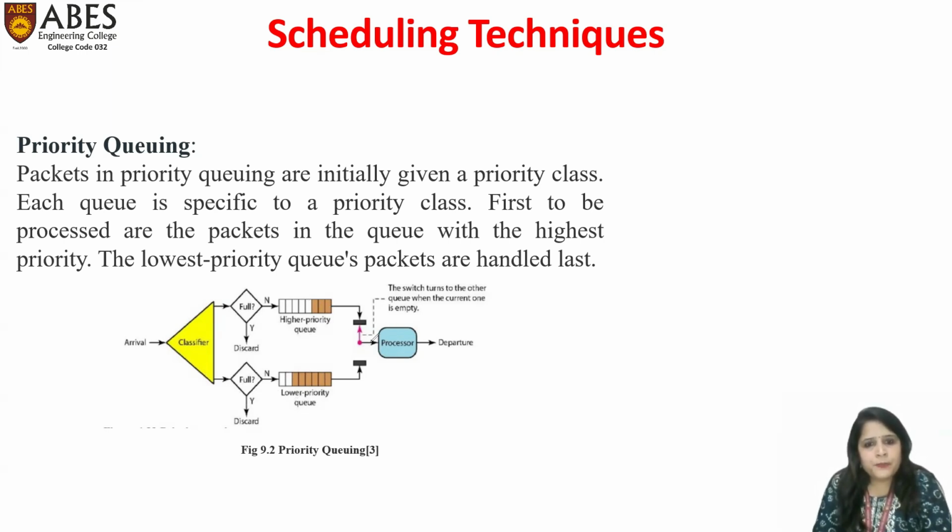After that, the processor first picks the higher priority queue segments. The switch turns to the other queue only when the current one is empty. So until the higher priority queue is empty, the processor picks processes one by one from this queue and then they depart. When the higher priority queue is empty, the processor takes processes or segments one by one from the lower priority queue, processes them, and then they depart. So this is the concept of